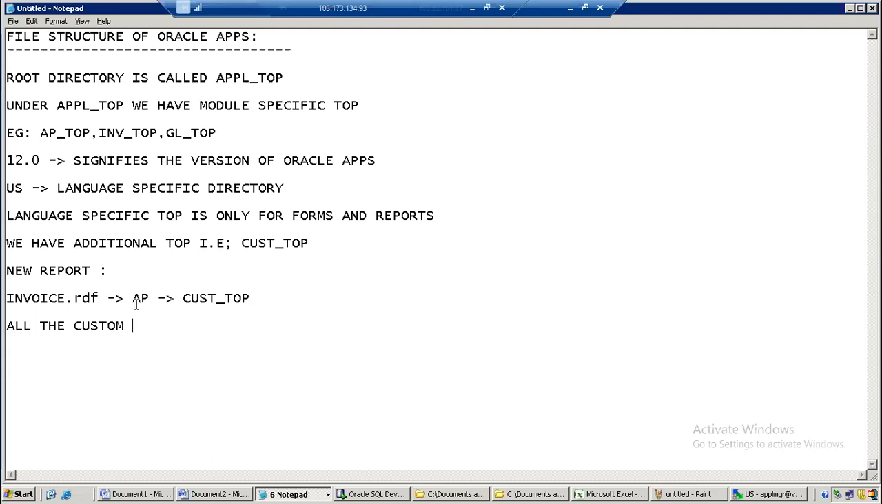Default reports will be divided into modules. The reports that come under the AP module will be there under the AP module. If it comes under the inventory module, those reports will be under the inventory module. So based on the modules, the files will be under that specific top. All the custom files created by the developer should be